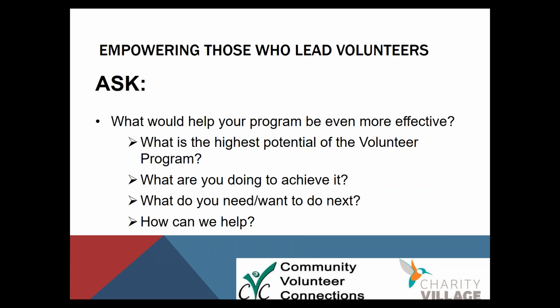And then you want to find out what they need and want to do next to build up their volunteer program. And how can you help as a CEO, as a senior manager? What resources do they need? Do they need some summer students? Because if you can do that for them. Do they need some connections to some possible sponsors? Well, you know, you can do that too. If you're willing to invest in your volunteer programs, talking to your leader of volunteers about how to most effectively do that is going to be a really helpful move.